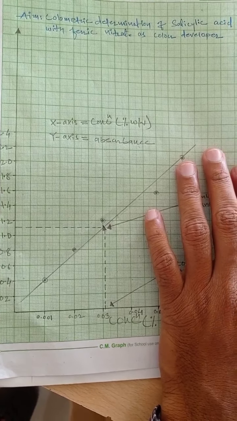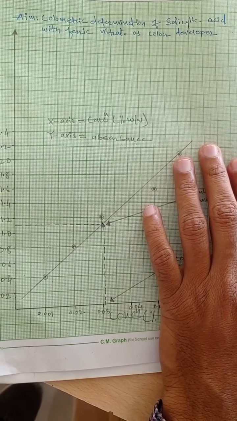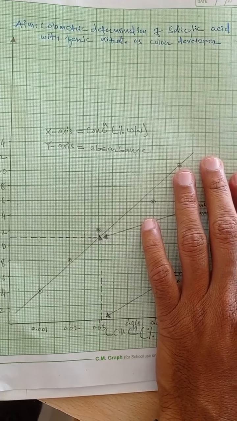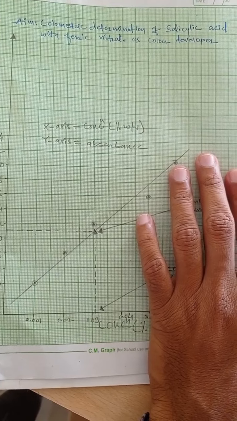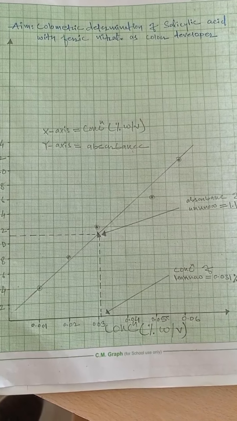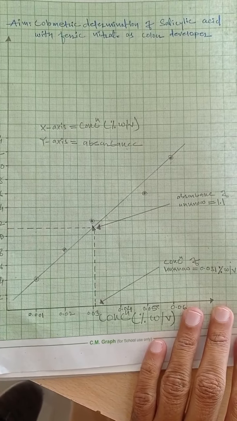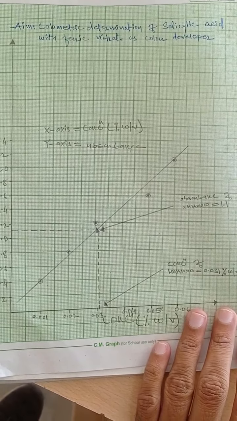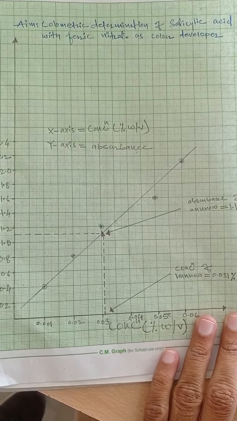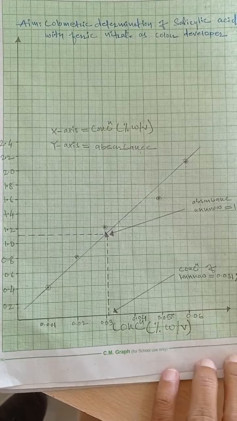Hence we have utilized 1% ferric nitrate solution. When the 1% solution reacts with salicylic acid in solution, it develops a purple color. This color is identified in the colorimeter at the lambda max of 525 nanometer. All the experimental work was performed in the colorimeter by selecting the filter of 525 nanometer, which means 525 nanometer is the lambda max for the determination of colored salicylic acid. Okay, this is a graph.